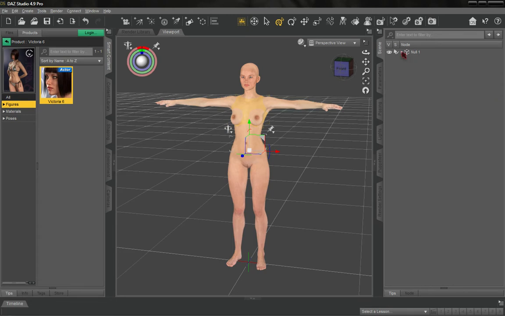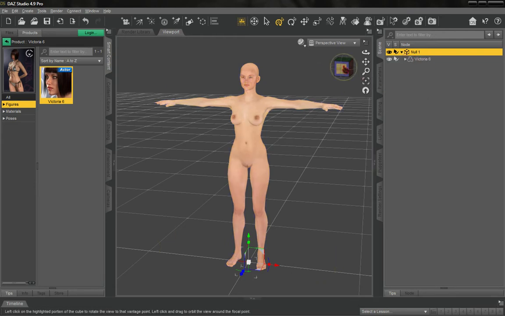And if you click on that, you can see the null hides it, letting you know that this is, in fact, absolutely parented. So this is the baby, and the new pivot point, the null, is the